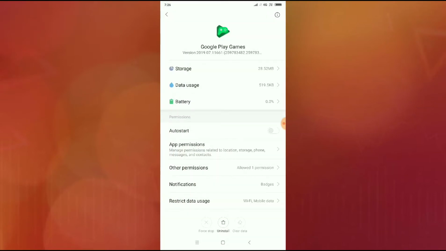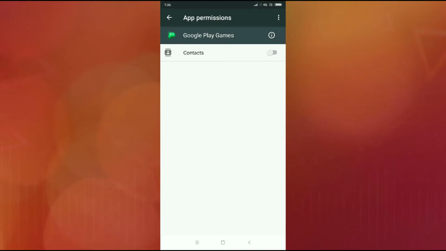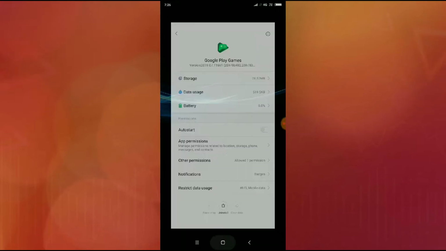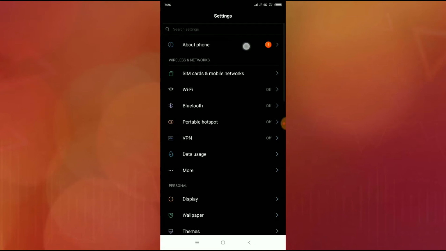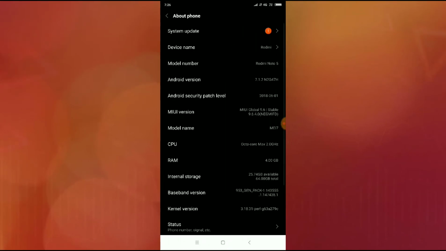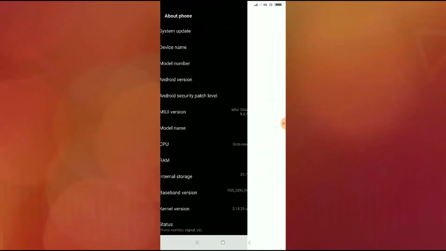Now go back, and you can see here app permission. Click on app permission, and you have to allow this. Now go back to the settings, and then you can see here about phone. Click on about phone, and then now you have to press on system update. You have to press it on system update and